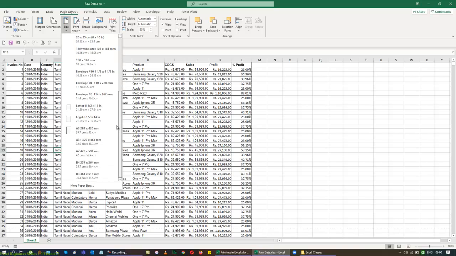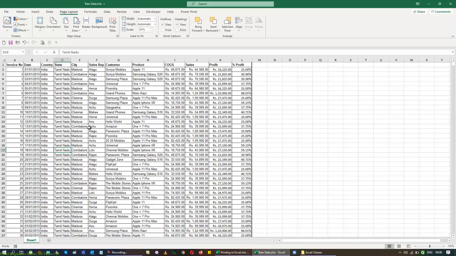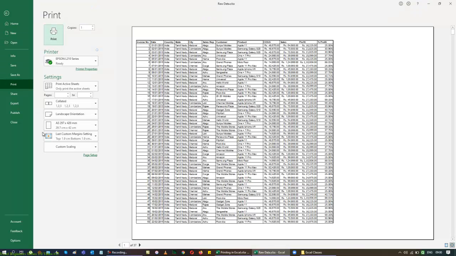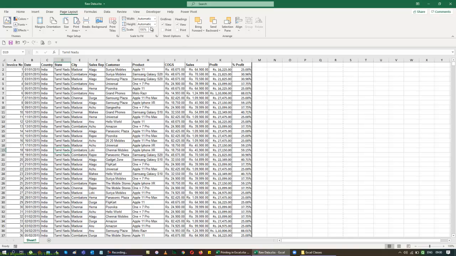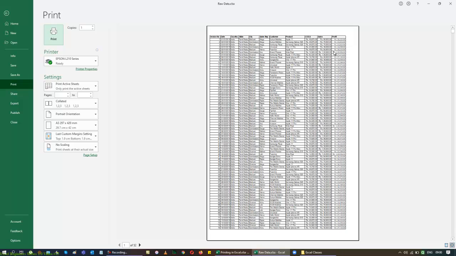And again, A3 is not a widely used option. So when you use an A3 option, probably your preview will become far better because you have a larger sheet. So you can keep your scale factor as 100 itself. Even this might work even if our orientation changes to portrait. Hopefully. Let me see whether, when I change it to portrait, it shows everything? Yeah, it shows almost all of them.